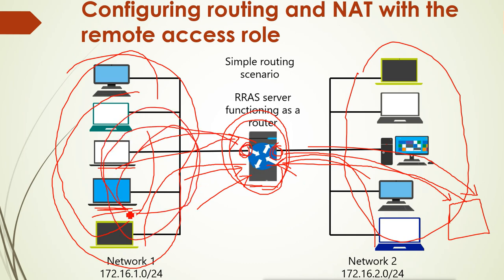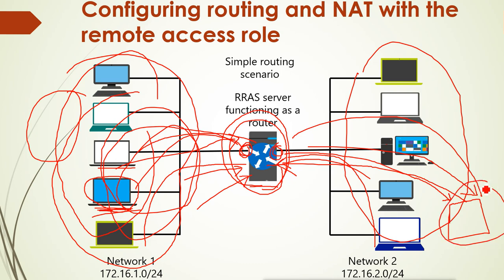So everyone will get the reply, and the machine that was requesting it will get the reply, and then it will send the request to get the IP address again as a broadcast. Then the DHCP relay agent will send the broadcast as a unicast to this DHCP server. So by using the DHCP relay agent, a client of a different network can get the IP address from the different network's DHCP server.